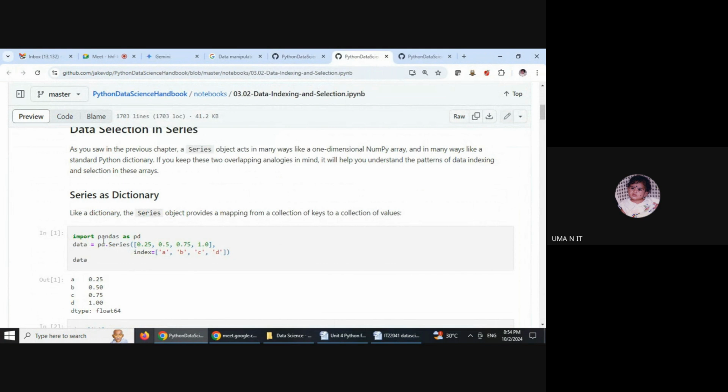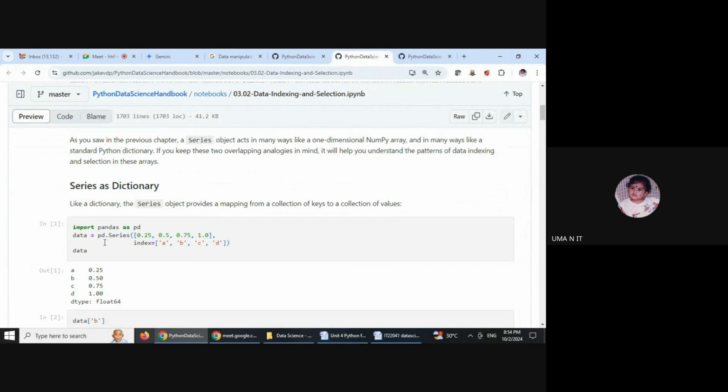So we generate a series, and we have fixed some indices a, b, c, d. So something will be generated as a series, and we can extract it with the index values. If we fix our own index, we can extract it with index values. And 'a' in data will check whether a is present in data or not.